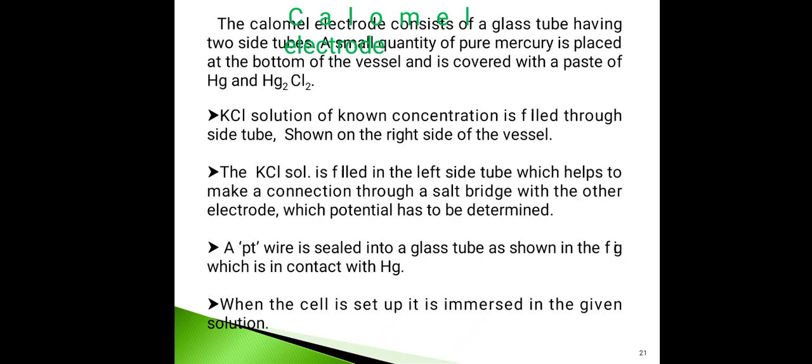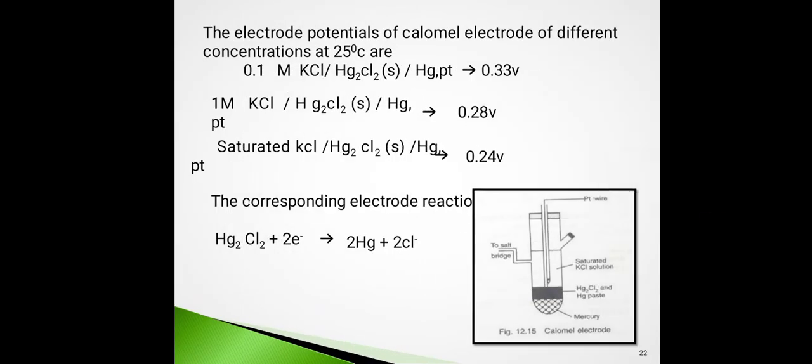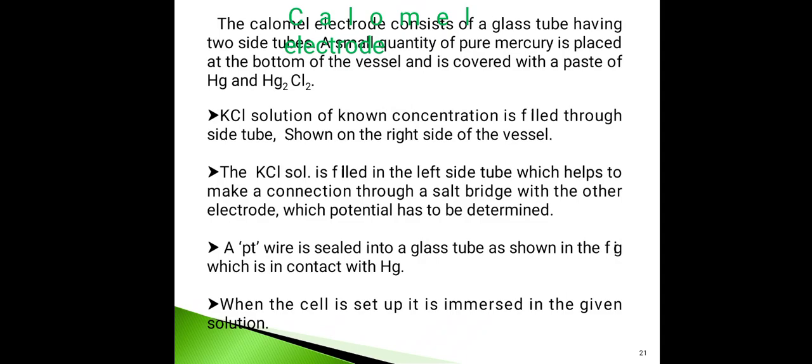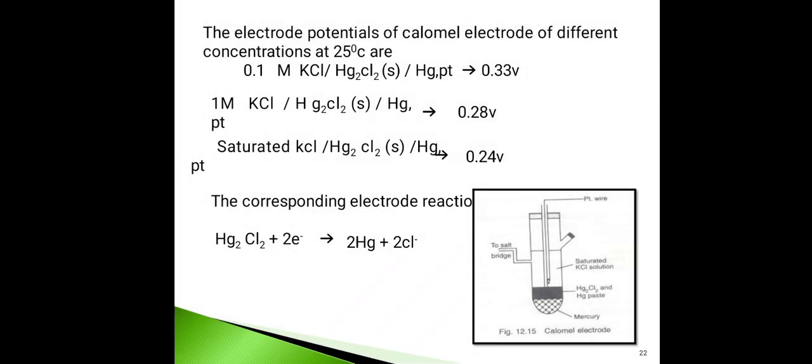And here a platinum wire is sealed in a glass tube as shown in the diagram. So we have a contact with mercury. There is a platinum wire which has its contact with the mercury at the bottom. And when the cell is set up, it is immersed in the given solution. So this is the calomel electrode, and it is represented with the help of a very important representation,